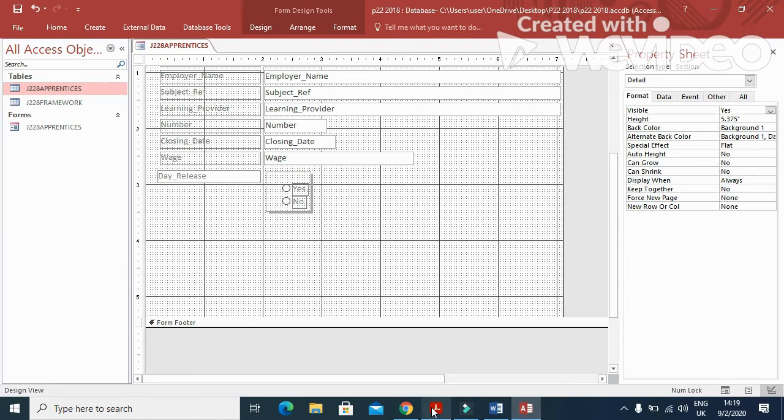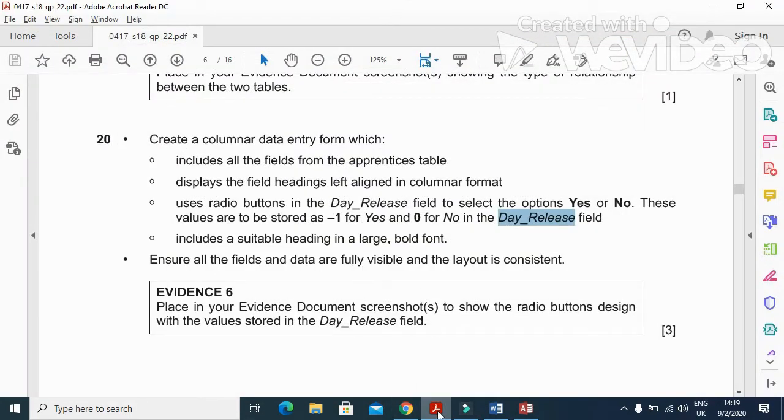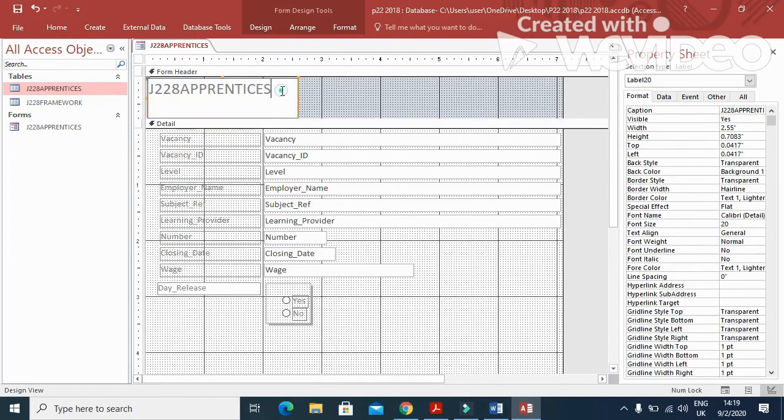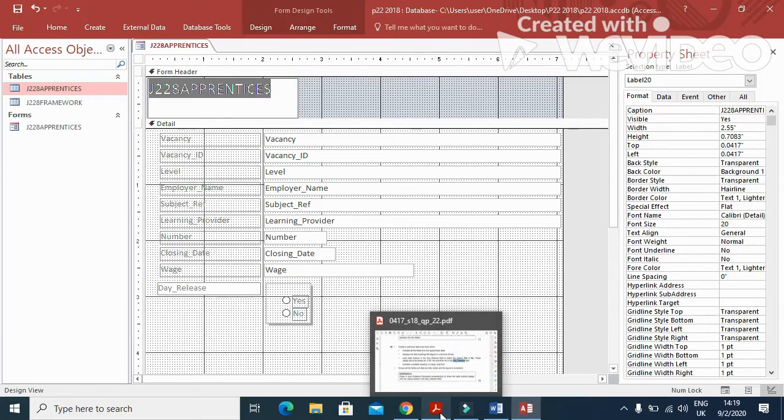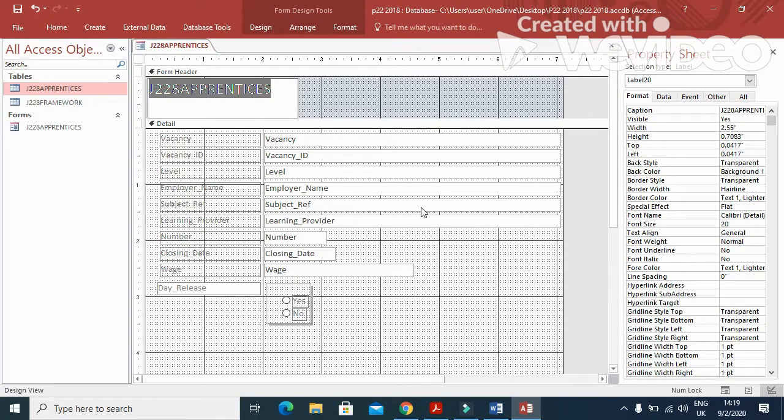So that is done now, and the next step here says we need a suitable heading. For a suitable heading, you can just add the label for your form. So I'm going to add a label at the top. Like this one is information about the appearances, so I'm just going to type here appearances